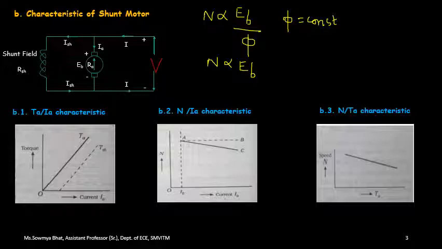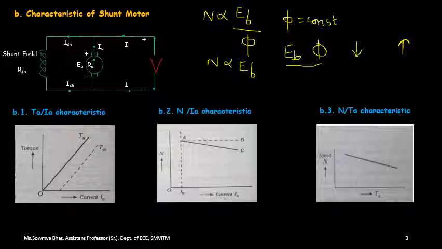So you are going to expect the waveform, the curve, to be a straight line, but in accuracy it is not. Your EB value as well as phi value, both of them will decrease with increase in the load. So here it is a bit different. When you are going to increase the load, both your EB and phi value will decrease.